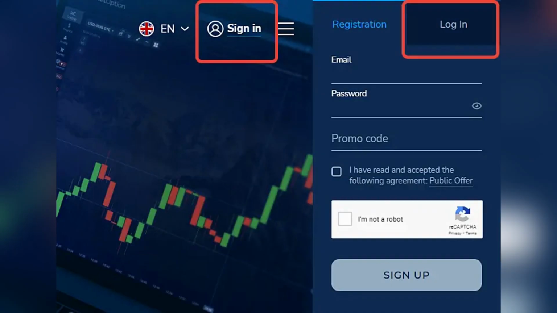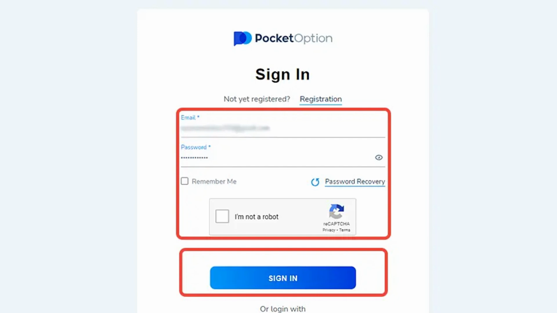Firstly, open your browser and go to pocketoption.com, or simply click the direct link from a trusted source. In the top right corner, select Login, sometimes labeled as Sign In. Type in your registered email and password and be sure there are no typos, especially with capital letters or symbols. Click the blue login button beneath the password field, and if your credentials are correct, you'll be taken straight to